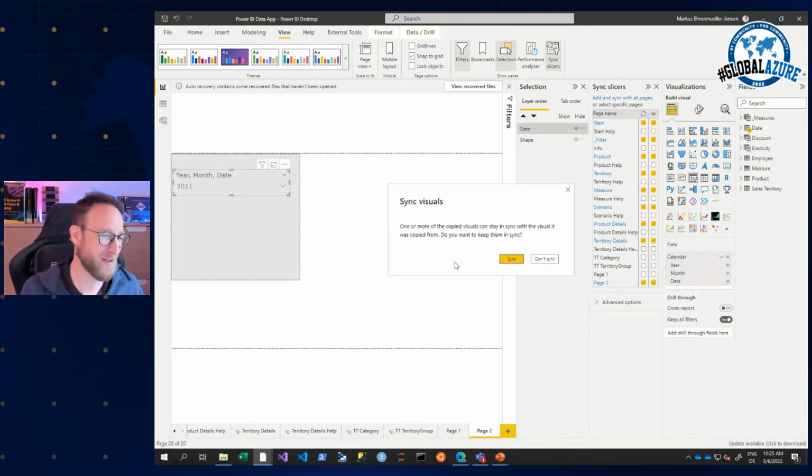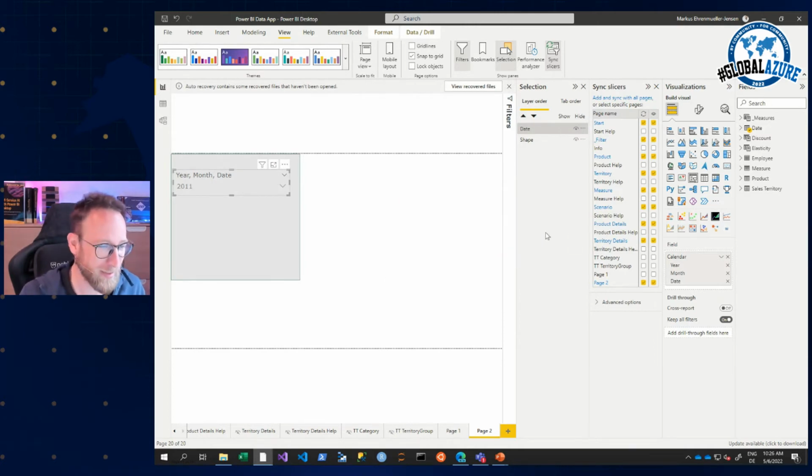And I would say in 99% of the cases, I do want to sync things because people expect if they change one filter on one of the report pages, that also the filters on the other pages are the same. If they jump over to the next page, they also want to see the same year they just pre-selected in one of the pages. So this is the usual behavior, yes, I want to sync it. And then we see now on page 2, this is also synced. If I later discover I don't want to have it synced, we can just avoid the syncing. So if I now change it here on this new page,